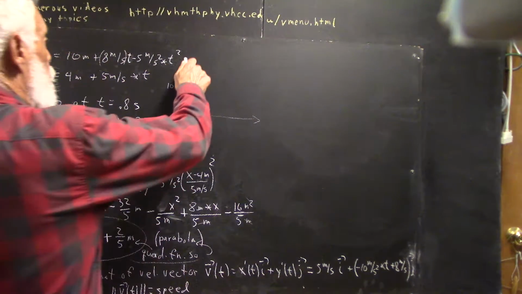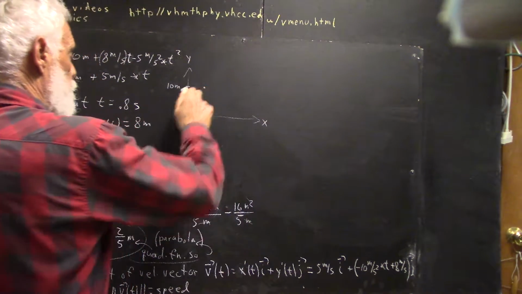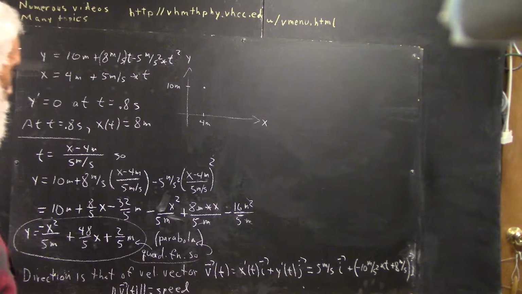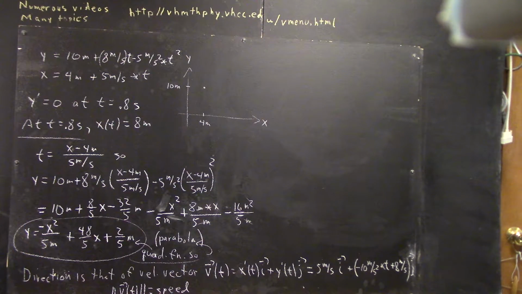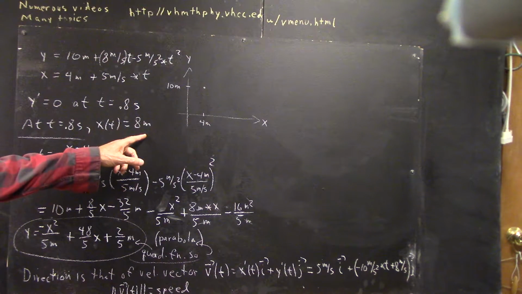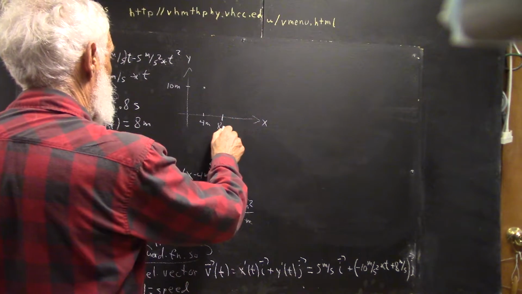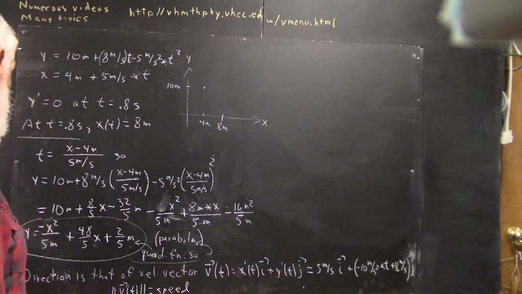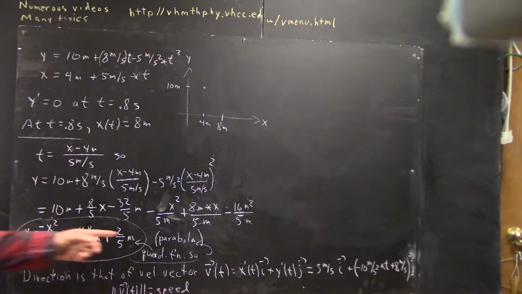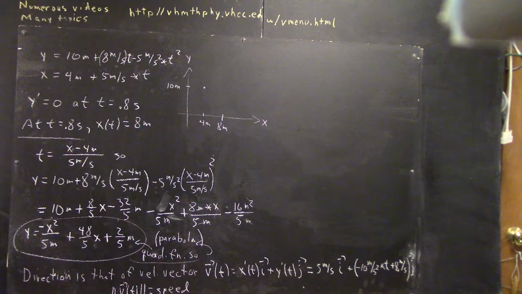Now, on this graph of y versus x, we know that the graph goes through here. We know that the graph reaches its peak when x equals 8 meters. Okay, so when x is 8 meters, we're going to be at our highest point. We could solve this equation to see for what value of x y equals 0. And looking at this equation,